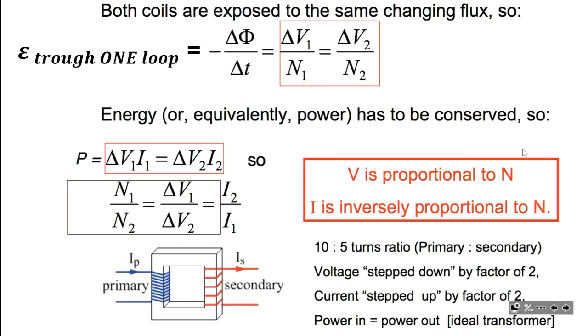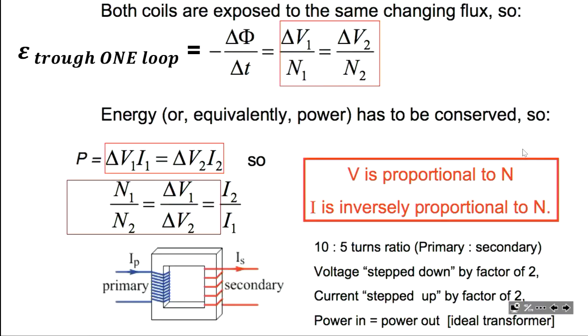In an ideal transformer, where there is no loss of any energy, the total amount of energy supplied to the primary coil should go to the secondary coil. And Faraday's law and the law of conservation of energy give us two mathematical relationships. Number one,